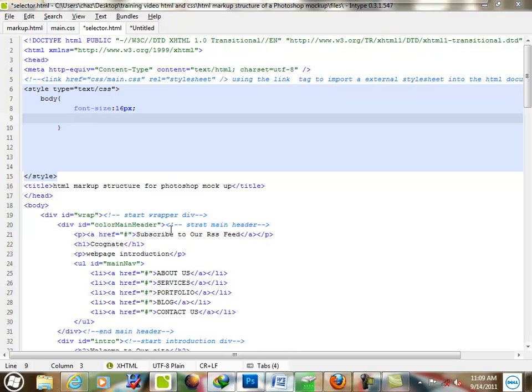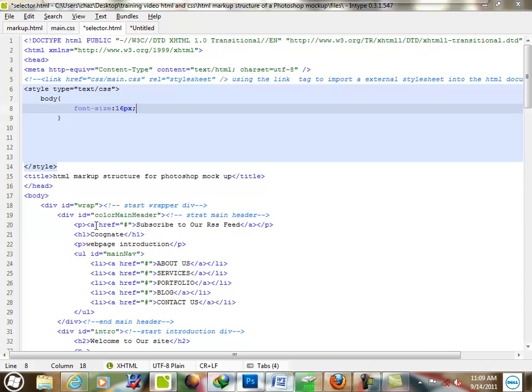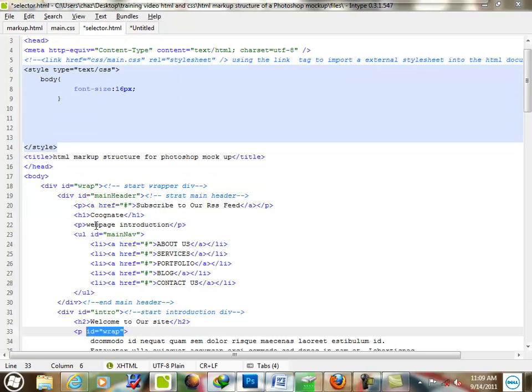So you should be very intelligent when naming your div. The best thing to do is name them in regards to structure. So I'm going to Ctrl Z here, take us back to where we are, delete that out. So you should name them according to structure. So we're using the idea of wrap,